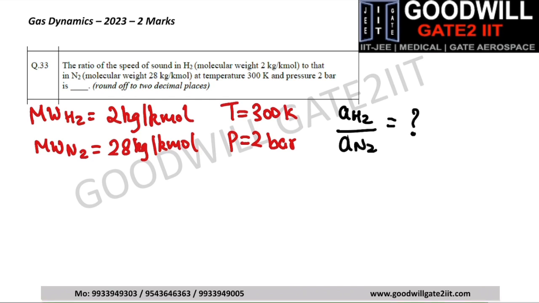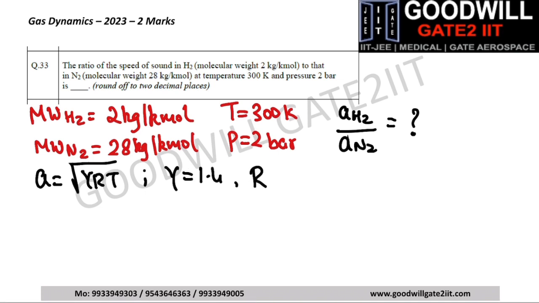Now we know that the speed of sound is given by under root of gamma RT. We can also see that both hydrogen and nitrogen are diatomic molecules, so we can take gamma, or the ratio of specific heats, as 1.4 for both. And now R is nothing but the specific gas constant, which can be written as the universal gas constant divided by the molecular weight of that particular molecule. So now substituting all these into the formula, we have